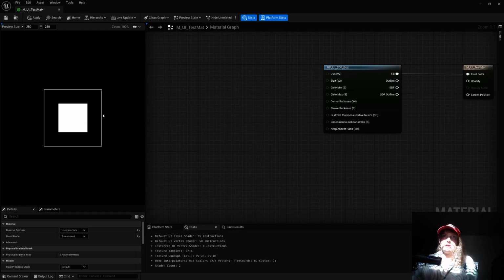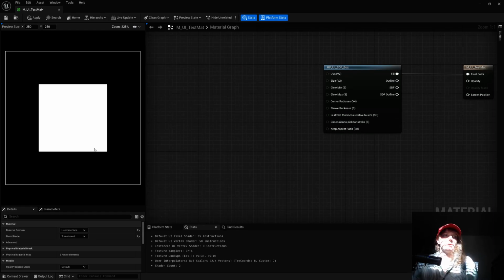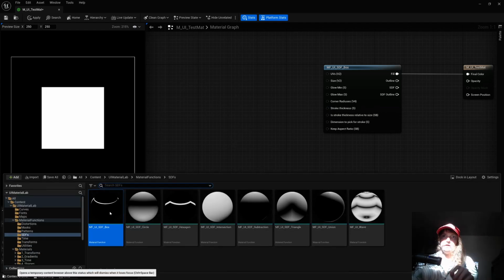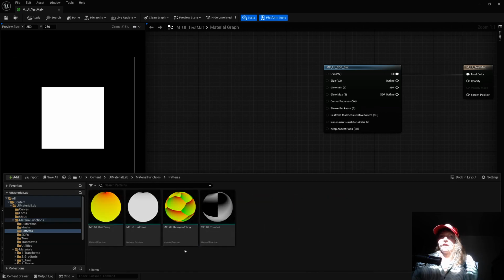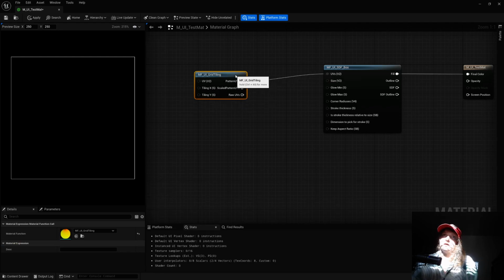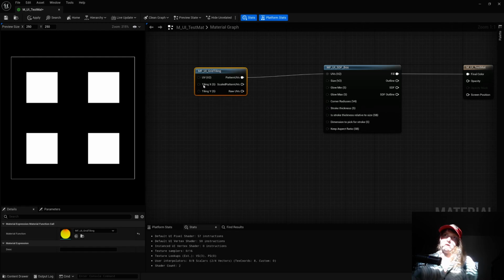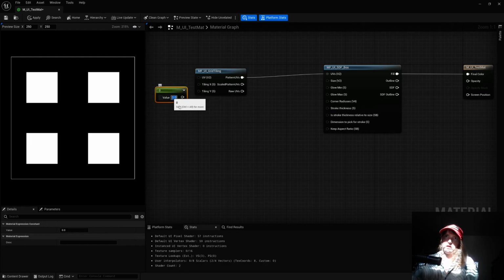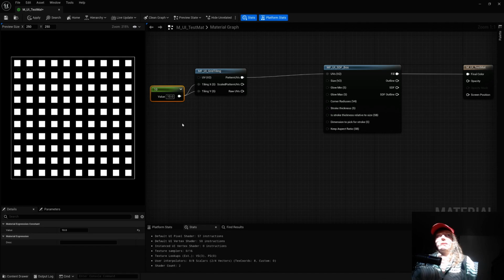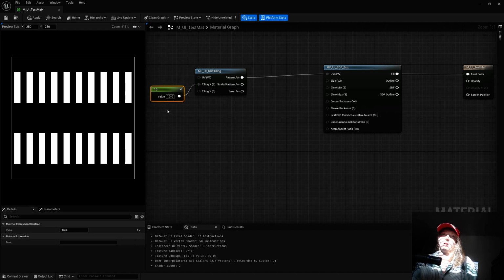But let's say I want to turn this into, and let's zoom in here quite a bit so we can have more of the screen, let's say I want to turn this into a pattern. So I'm going to go into patterns here. I want regular pattern UVs in here, and now we have a pattern. And I'm going to want a lot of these patterns. We could do 10 by 10, 10 by whatever. And so that's a grid of 10 by 10, but if I wanted my Y to be only 1, then